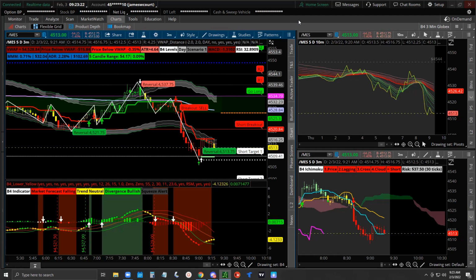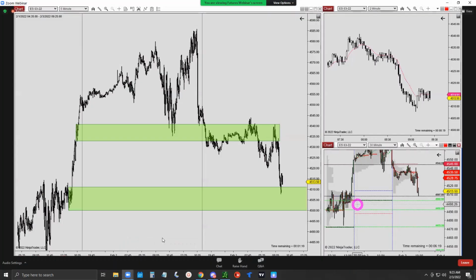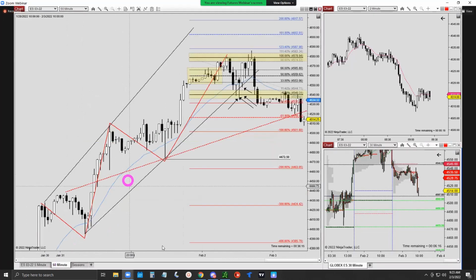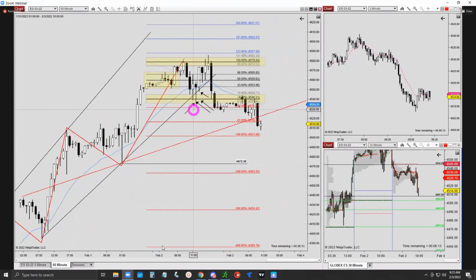So I did say yesterday it looked like some kind of a distribution, but we came down a little bit to this. Can you see this area of interest on the 30-minute chart? So we're there now, and it's actually a demand zone, and it's a lot more visible on the 1 hour. On the 1 hour yesterday, we had a little bit of a fake out, but eventually we did